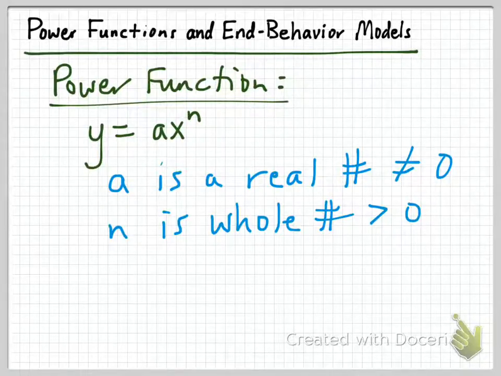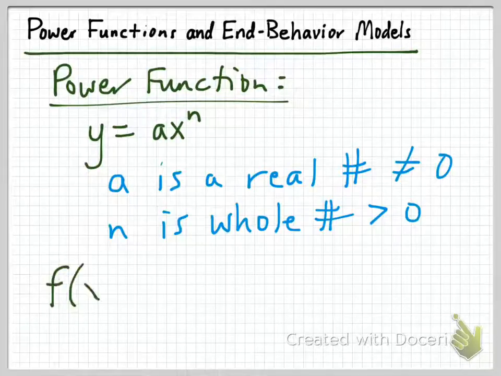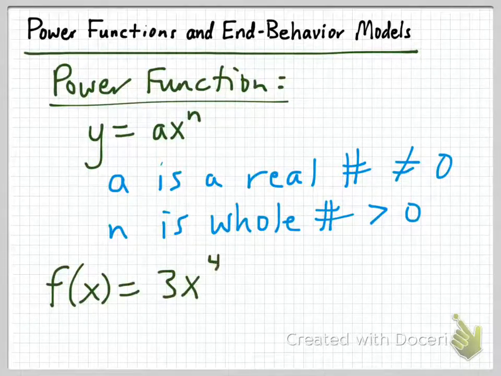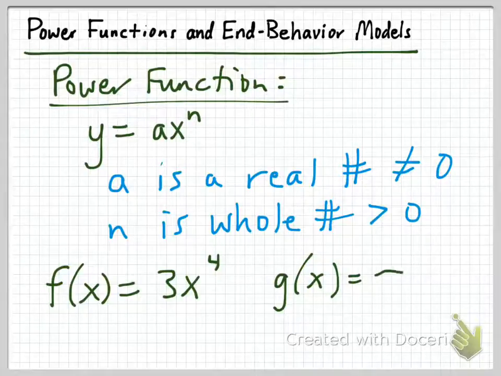So now for a function to be a power function, n has to be a whole number, but greater than 0. Okay, so just an example of some power functions. We have f of x equals 3x to the 4th power, so that's a power function of degree 4. We could have g of x equaling pi, since pi is a real number, pi times x, that is a